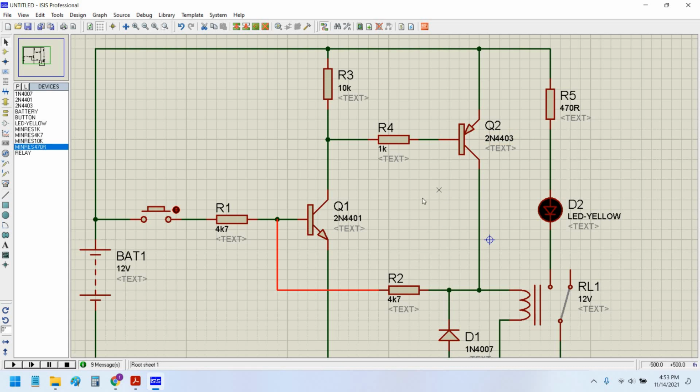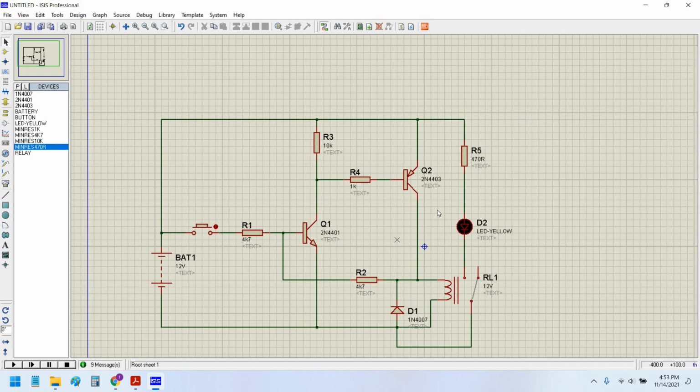This loop, if you see my pointer, this is the loop that would be created in the circuit. This loop. So the circuit would not further need any biasing voltage from this side, because this transistor is getting its biasing voltage from this side, from the collector of the PNP. So I hope this explains it very well.